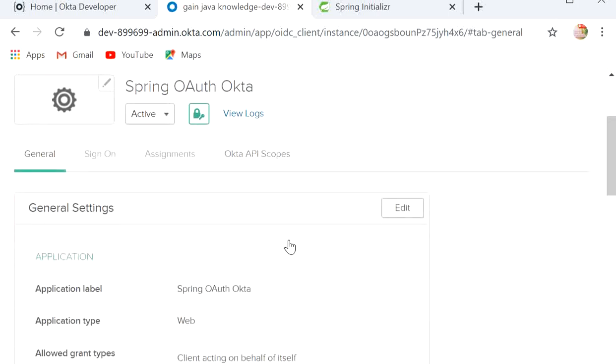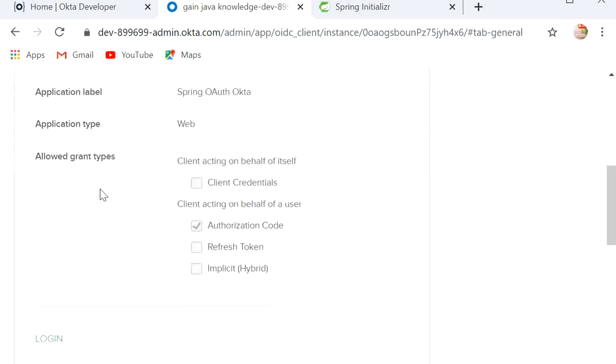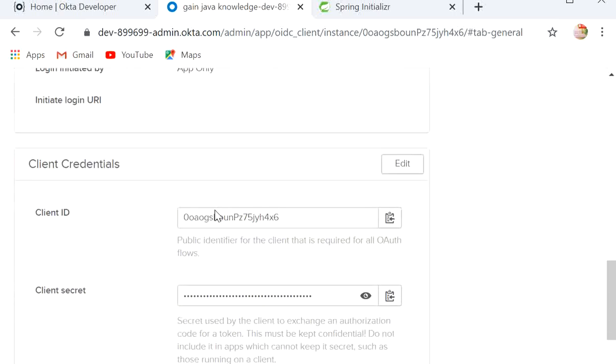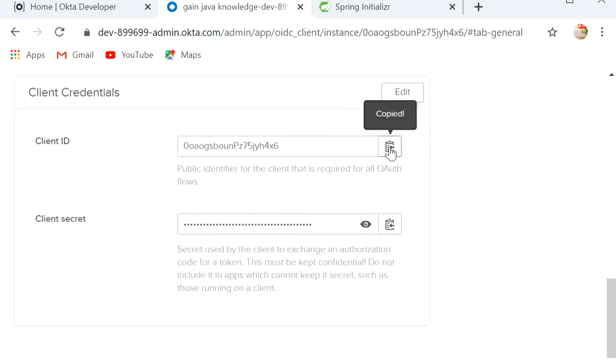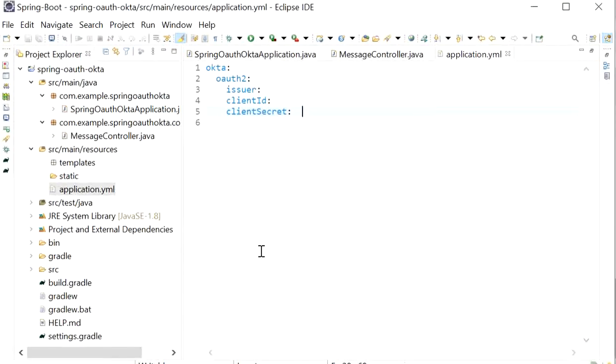Our application has been created. We go to general and copy this client ID, which we will use to communicate with Okta Authentication Server, and paste it in our application.